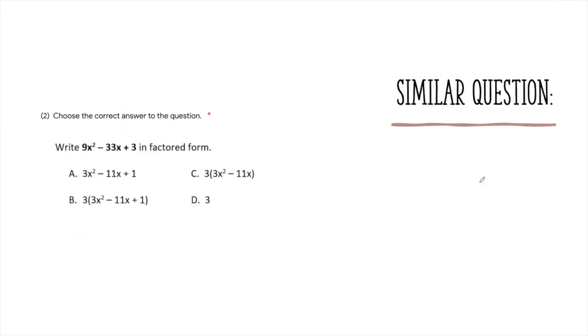So let's take a look at the second question on the check-in, which is going to ask you to factor a trinomial like this. So I'm going to make a similar question just like that. Why don't we take something like 5x squared minus 25x plus 5. Step 1, find the GCF. If you notice, the GCF of every single one of these terms is 5. They do not all share a letter, even though that middle one and that first one have an x attached to it. The last one doesn't.